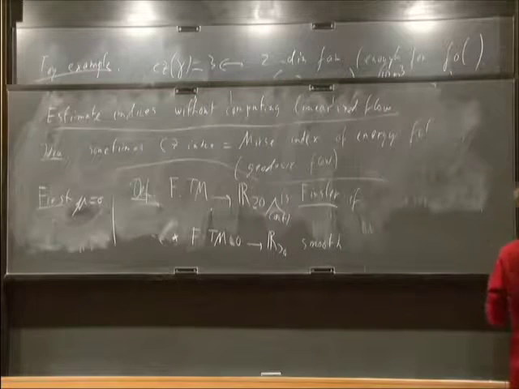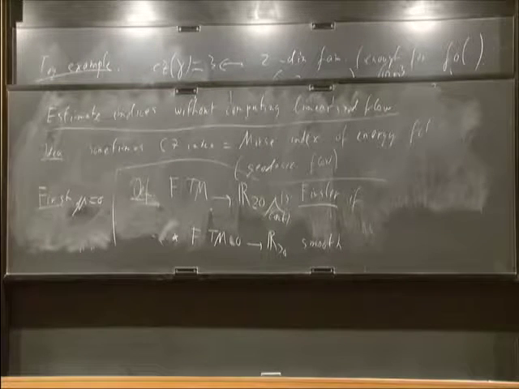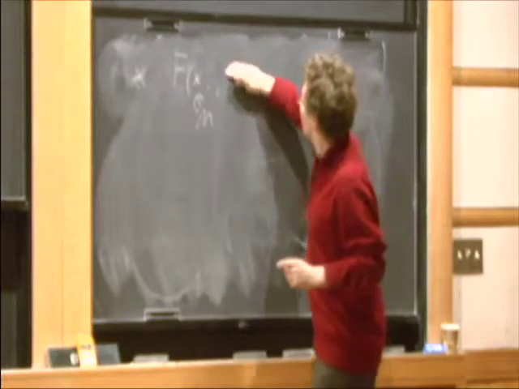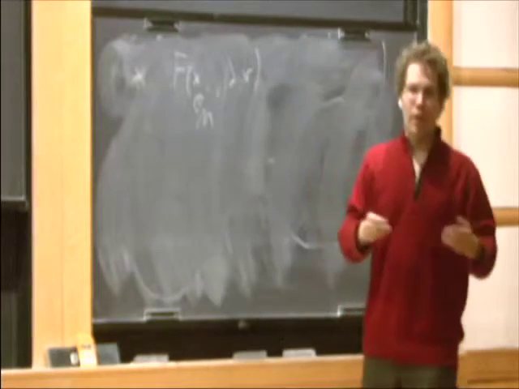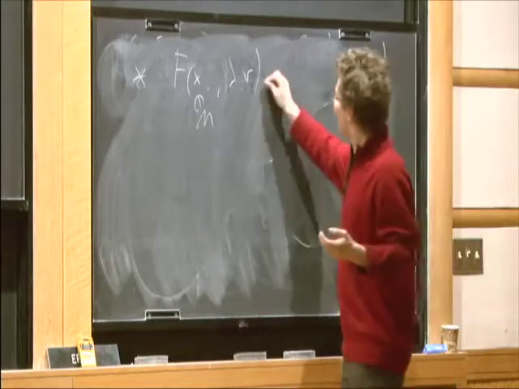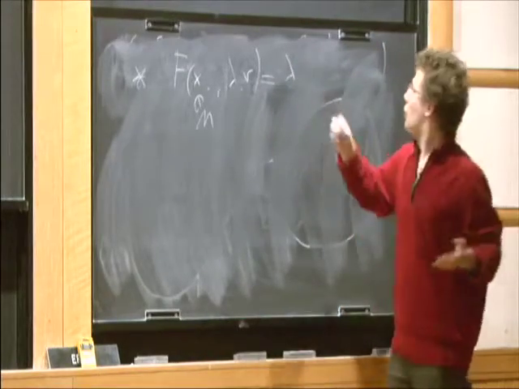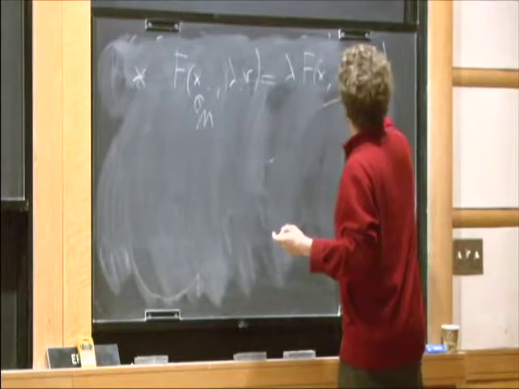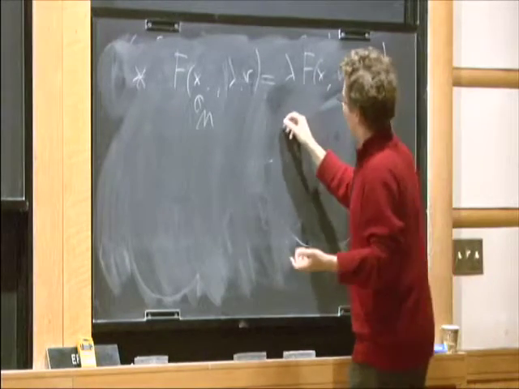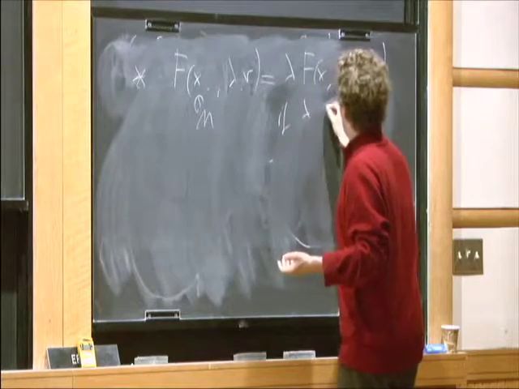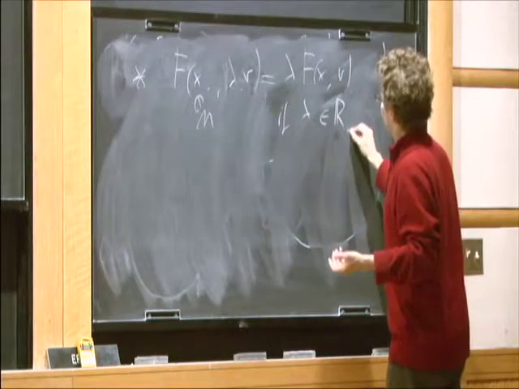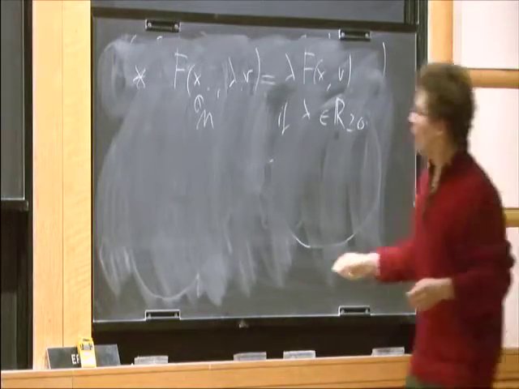And secondly, you have some scaling homogeneity property. What we require is that if we fix a base point in M, and we fix some vector, and we take lambda times the vector, then we want this to scale, well, not linearly, but just positively homogeneous. Meaning the following: we can pull out the factor lambda if lambda is positive. Well, zero is also okay. And finally,